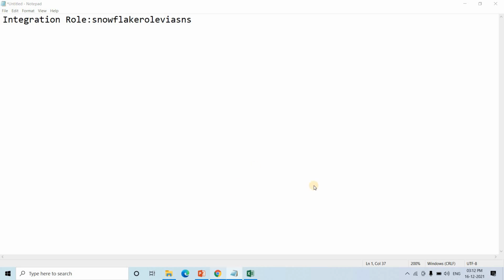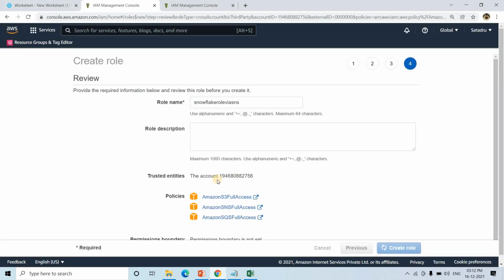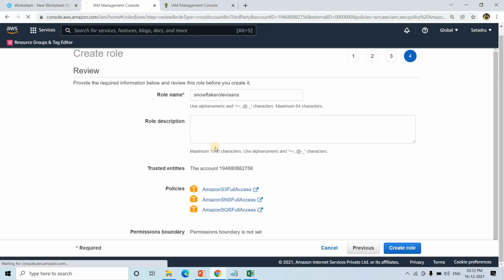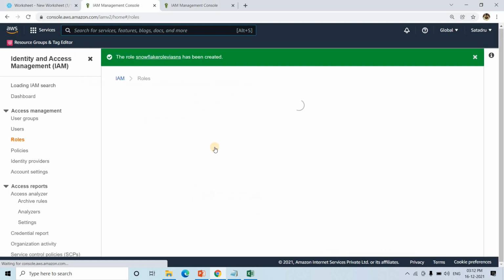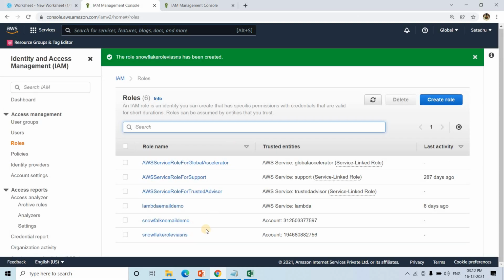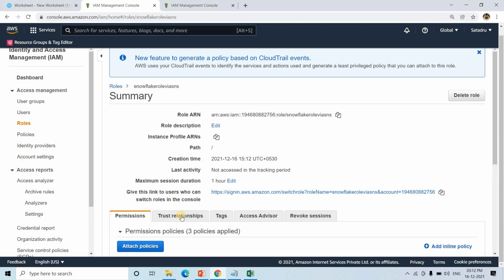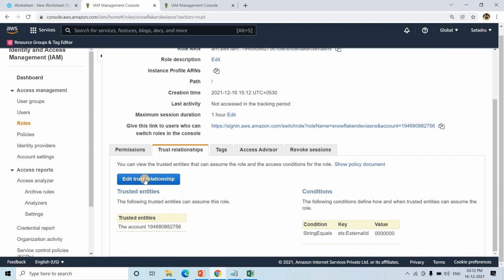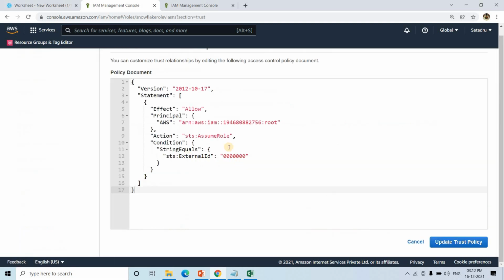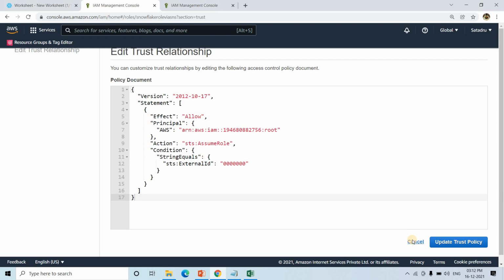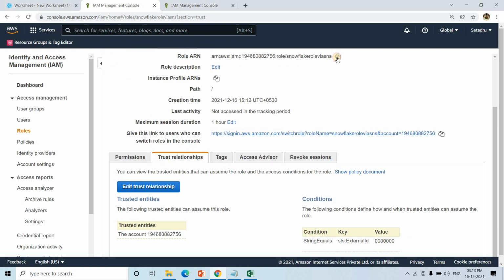Right. Okay, cool. So here I'll be creating this role. Till now all good. So basically, which one is the role we just created? That is this one, right? I'll be clicking on this, and here we need to edit the trust relationship. I'll be clicking on edit trust relationship. Before that we need to put this in Snowflake, so I'll be copying this role ARN